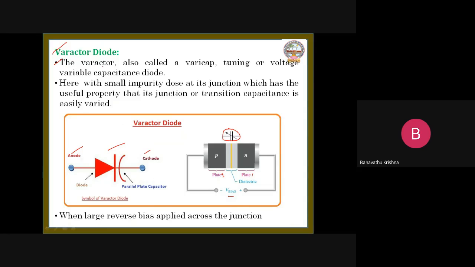The Varactor diode is also called a varicap, tuning diode, or voltage variable capacitance diode. Here, with a small impurity dose at its junction, it has the useful property that its junction or transition capacitance is easily varied. When a large reverse bias is applied across the junction, we can observe this by using this basic